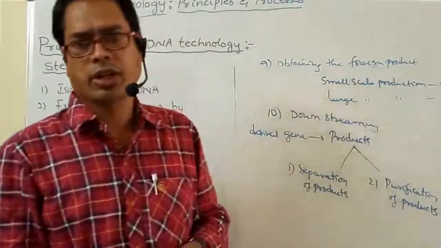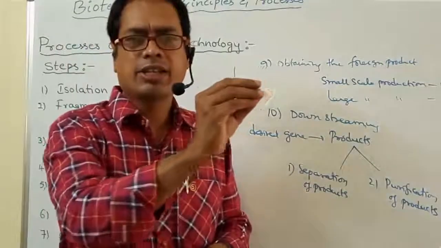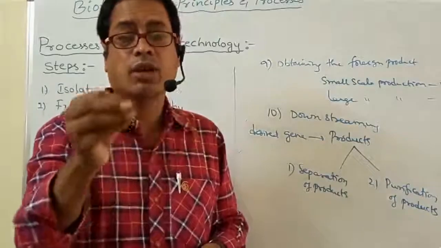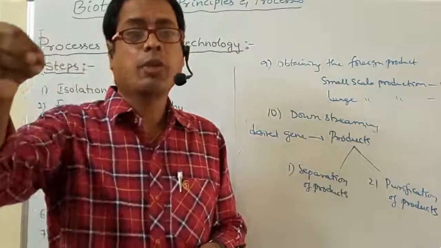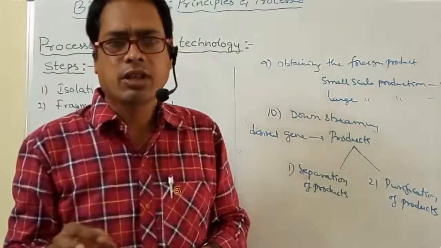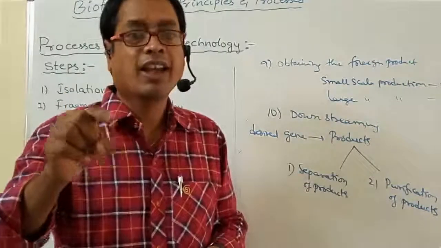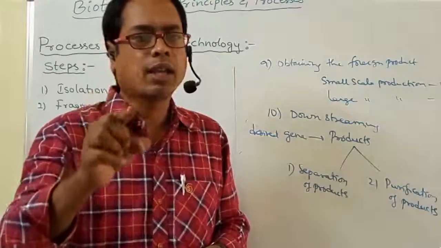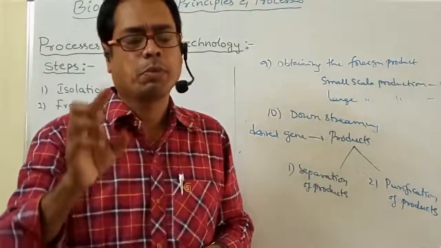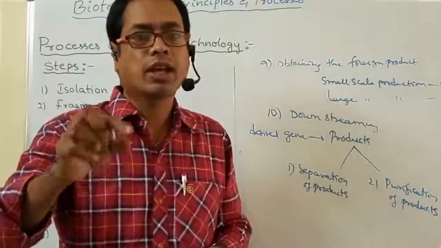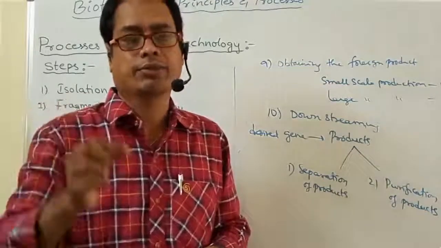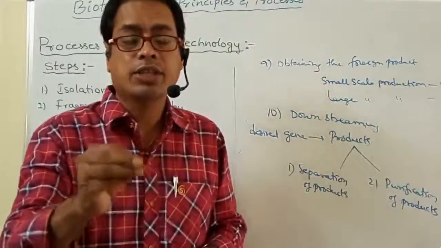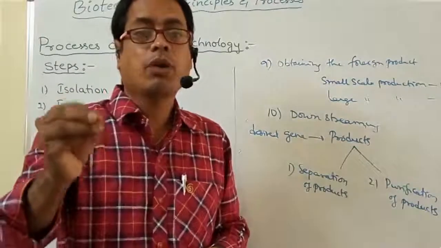Again I am saying, my dear students, first of all, lysis of the cell wall. The lysis of the cell wall can be done by enzymatic action. Lysis of the cell wall is not required for animal cells. Lysis of the cell wall in fungal cells is by chitinase, in plant cells by cellulase and pectinase, and in bacterial cells by lysozyme. Cell membrane lysis is by high powered detergents.